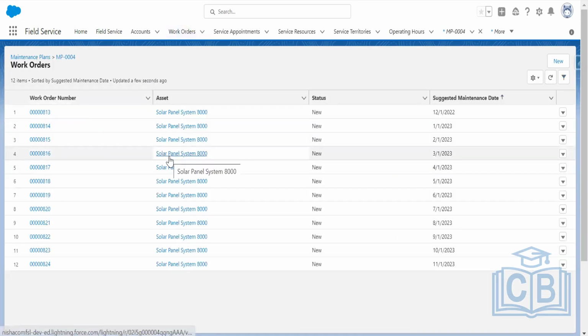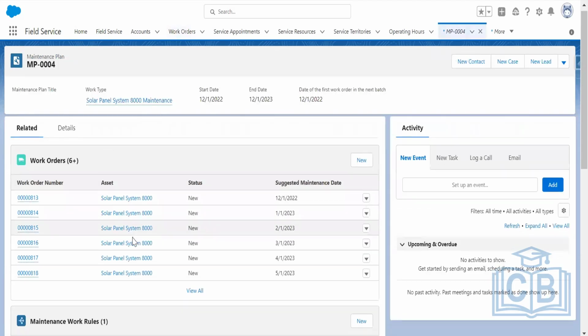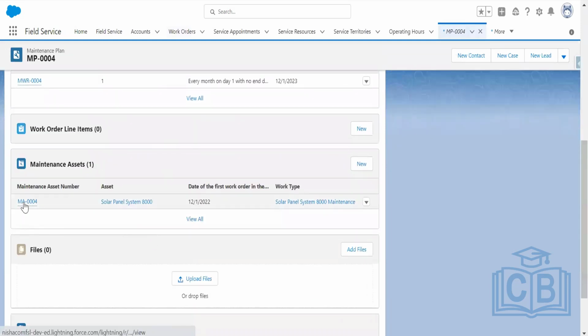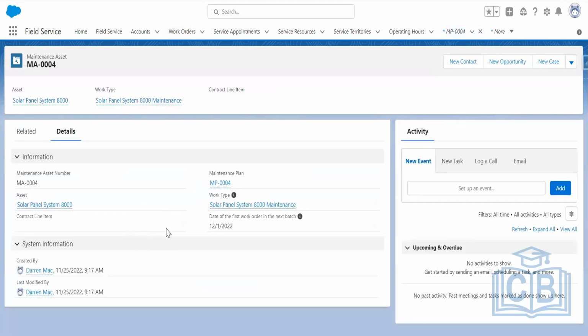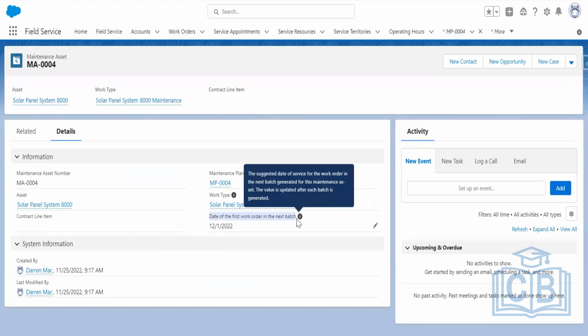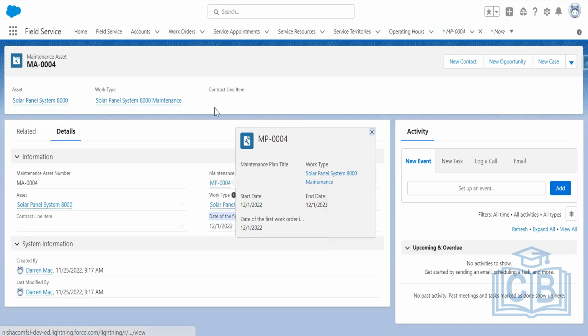Again, I'm explaining. Your dates are out of range means we could not generate work orders for this maintenance plan's maintenance assets. So for each maintenance asset, first we need to check the work order, then we need to go to the maintenance asset. If I open it, I need to check that the date of the first work order in the next batch is earlier than the maintenance plan's end date. So if I open the maintenance plan,